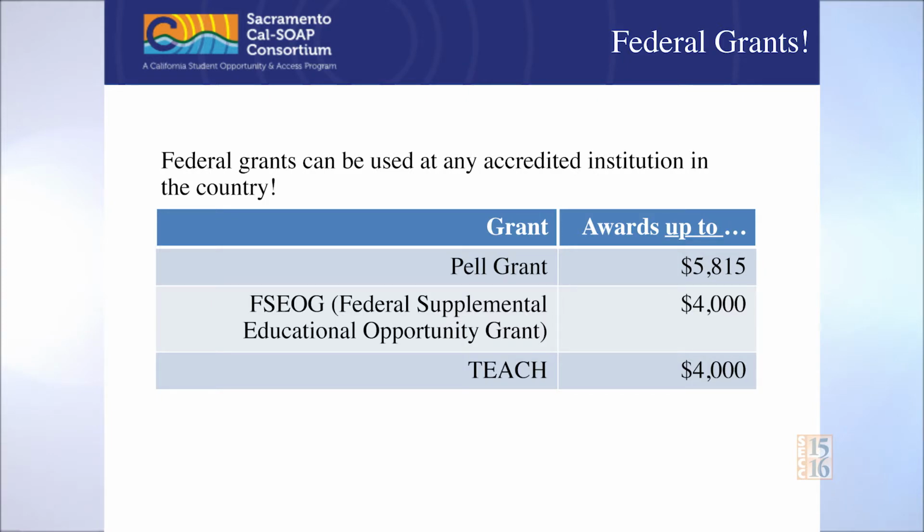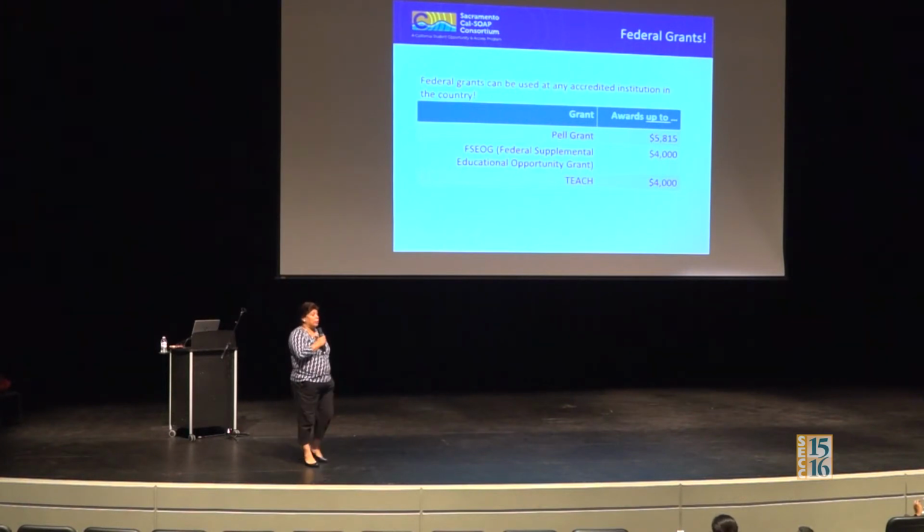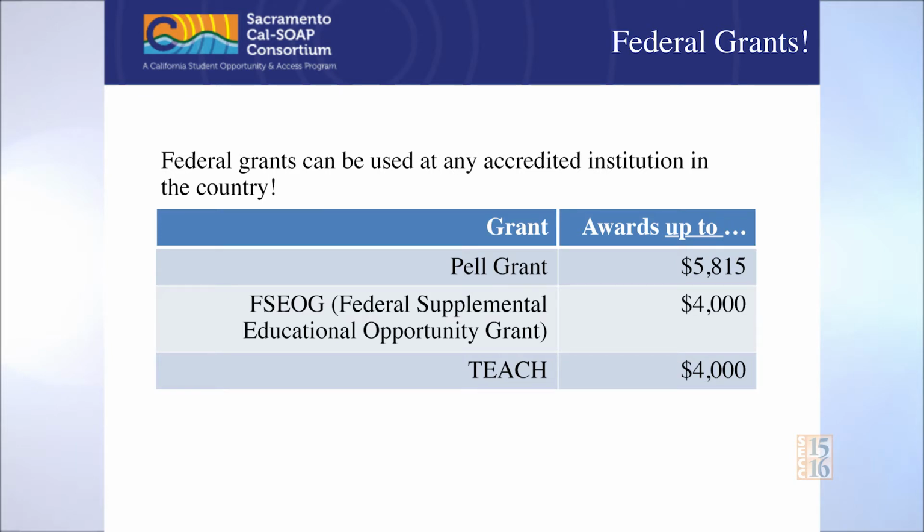Let's talk about federal grants. I mentioned earlier, and I don't know if you remember me saying that the money from the federal government is minimal. This is the max amount that the federal government could allot a student. 5,000, what is it now, 815, that is the max. That is their largest grant. It's called a Pell Grant. So that comes directly from the federal government. Pell Grant eligibility shows up on the FAFSA confirmation page, and students see that and they're like, that's all I'm getting? I'm just getting $5,000. It's just one of the grants, and it shows up on the